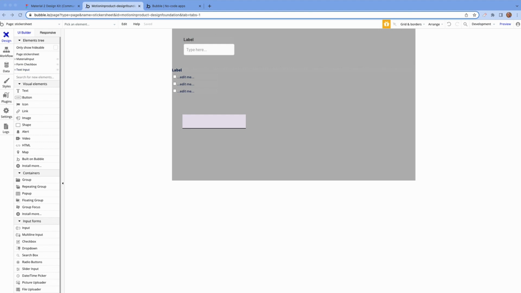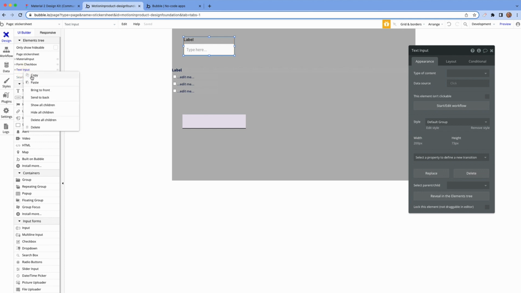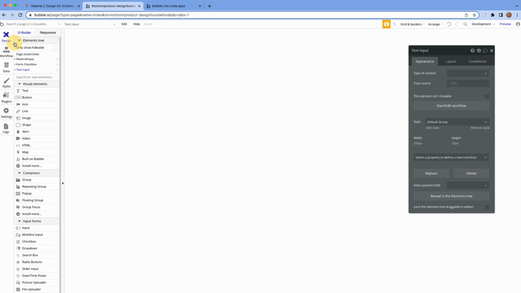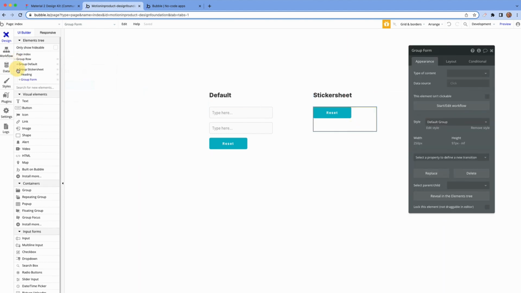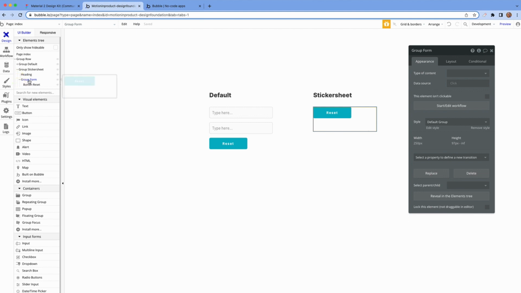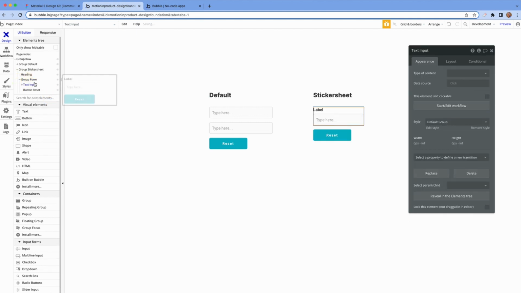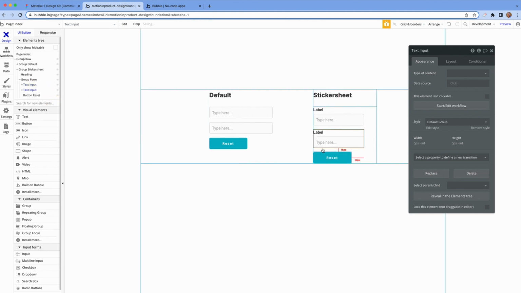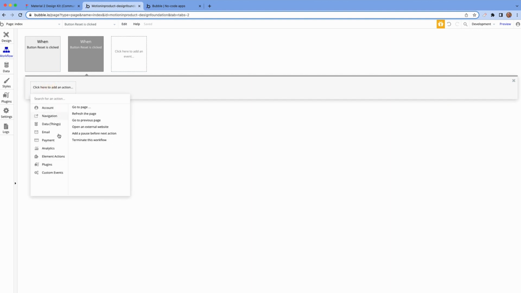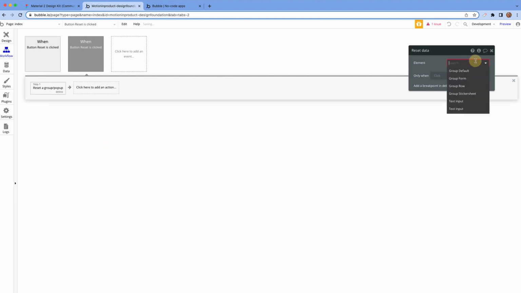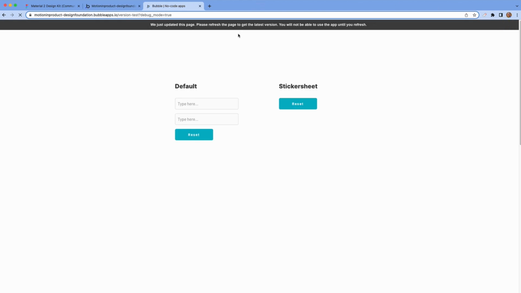Now we're going to take that existing text input that we just created, copy it, and bring it to a page in our application. For example, this page here. So I'm just going to open up my tree, and inside here I'm just going to paste it, and there we go. We have 2 fields, and I'm going to add a workflow here to reset everything once I click it. So reset data, group sticker sheet. So if we preview this now, we can see that